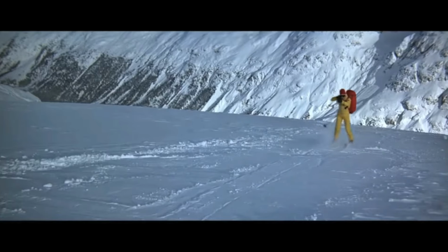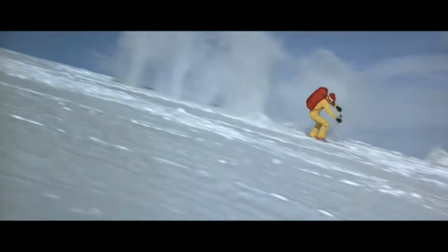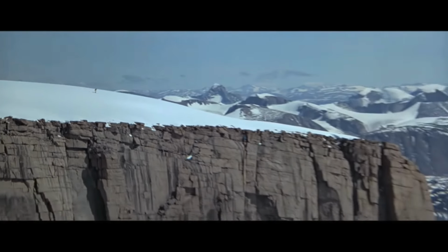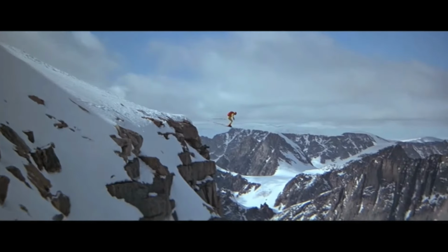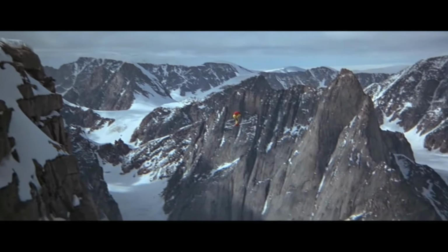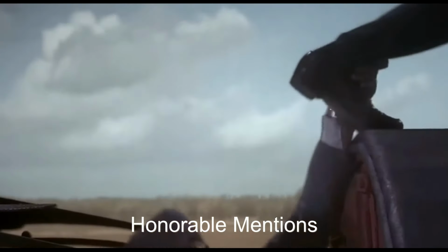It is downright unbelievable skiing, paired with a perfect musical score, and to top it all off, maybe the most iconic stunt in the franchise's history with the parachuting to end the sequence. It's quintessential Bond in its purest form, and rejuvenated a franchise which felt like it was beginning to lose its footing. Before we reveal our number 1 overall pick, time now for a few honorable